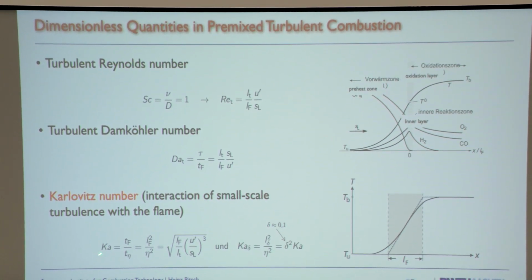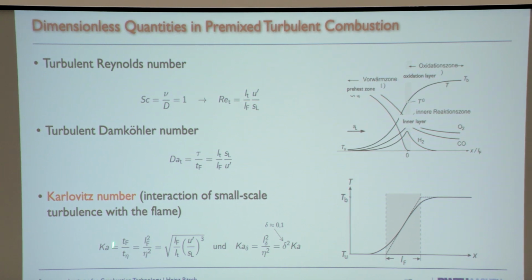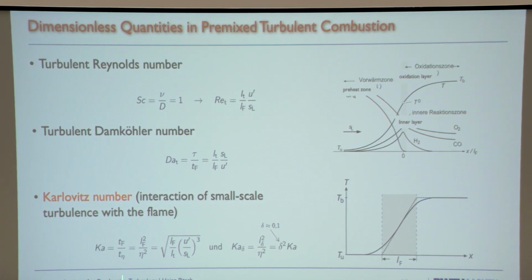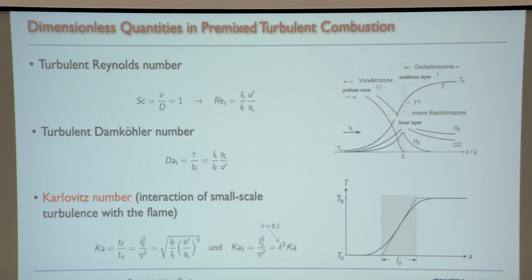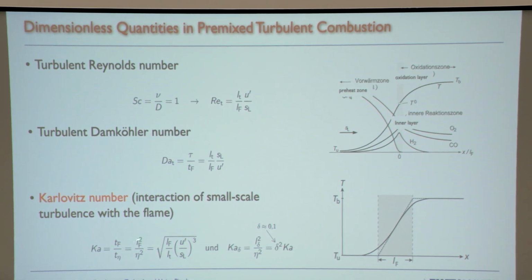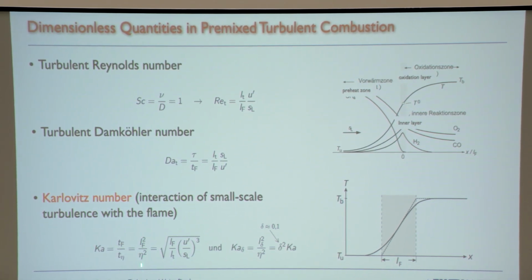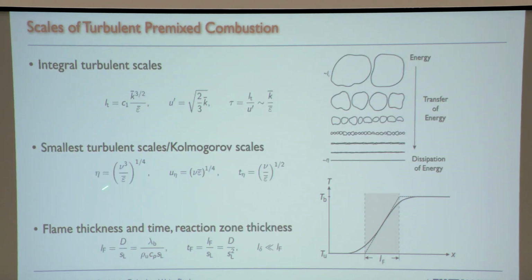Okay, so if I write it like this, with these relations here, I can also write the Karlowitz number like this: LF squared divided by eta squared. That's a length scale ratio. And then using the definition of eta, and also this relation for epsilon,